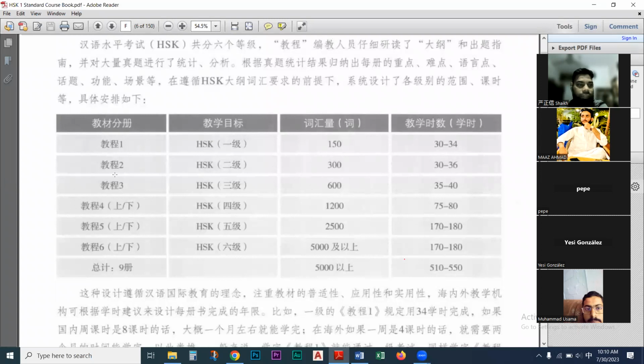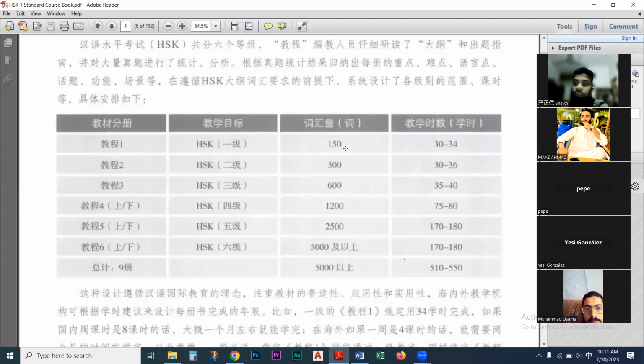And if you go for HSK level 2, after completing HSK level 1, you just have to add another 150, and the total vocabulary you would have is 300 words. 150 you will have studied in HSK level 1, and 150 you will study in HSK level 2. So at the end of HSK level 2, you will have a vocabulary of 300 words. I am currently teaching you HSK level 1, so at the end of HSK level 1, you will